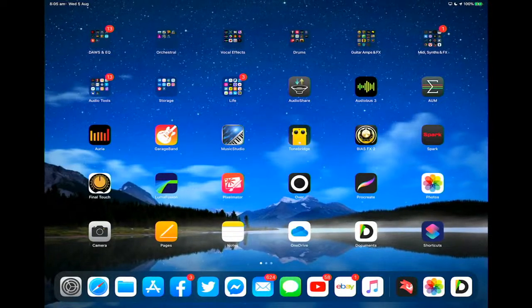Let's get out of Facebook. We don't want to look at that today. What do we want to do now? We want to open up Videoleap and let's get into it. Now what I'm going to do today is use the green screen features mainly, and I'm going to use some of the stuff I showed you